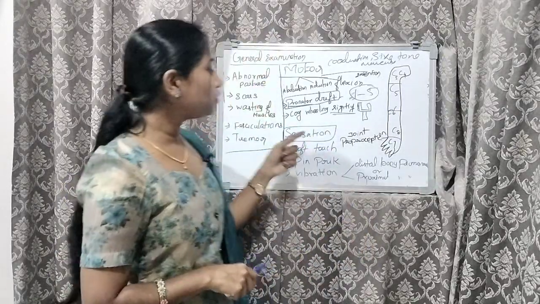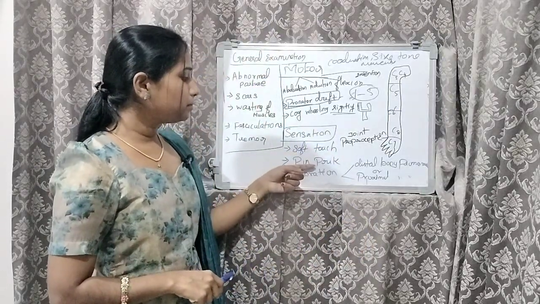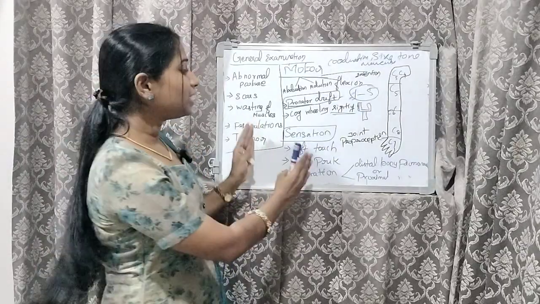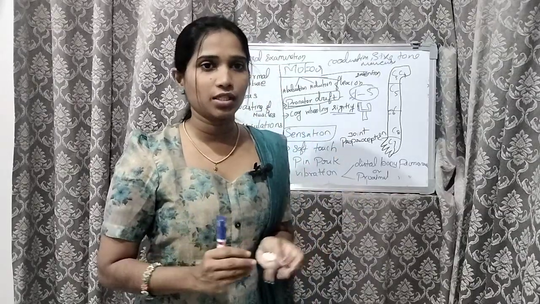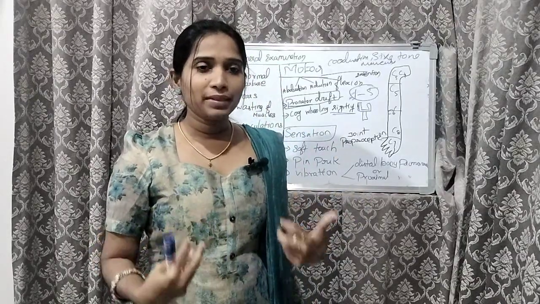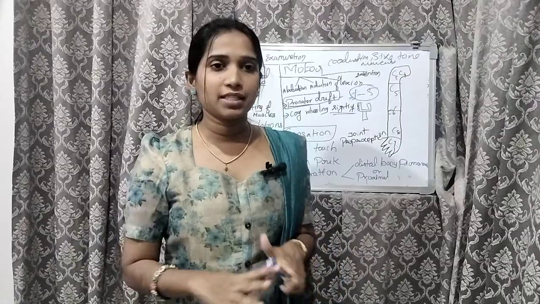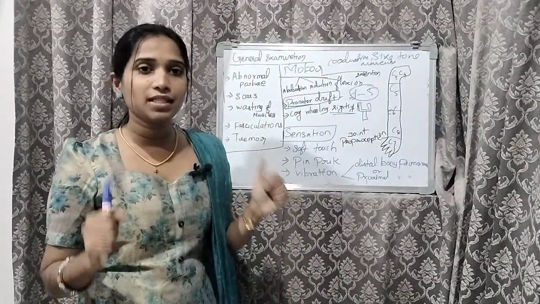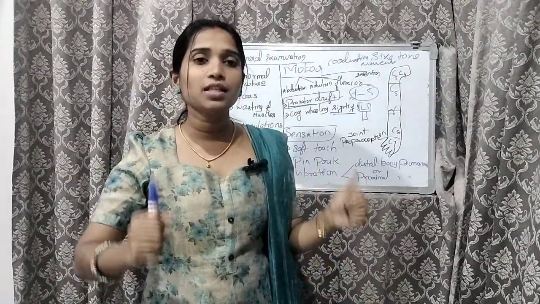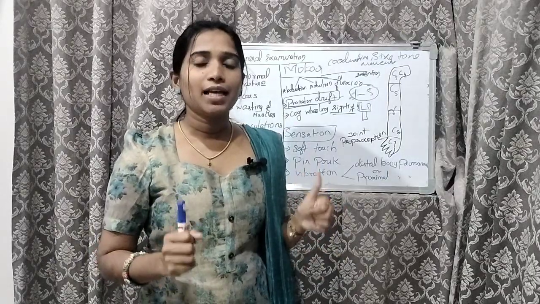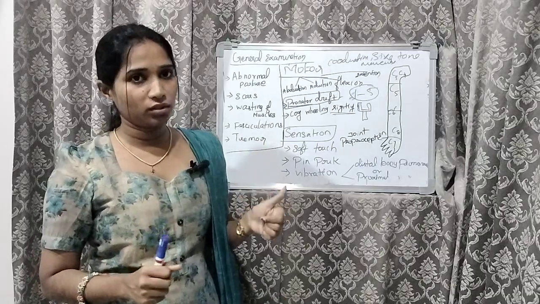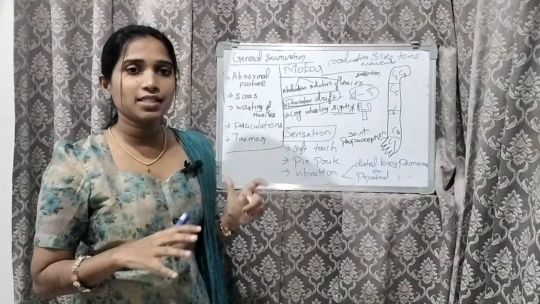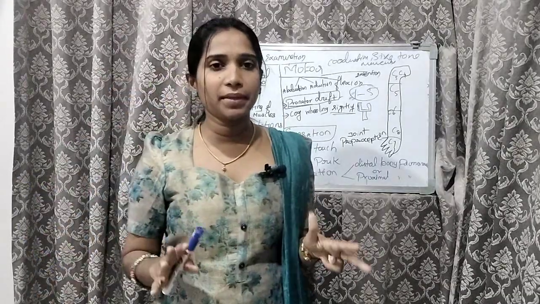Clear? So this is the way you check soft touch, pinprick, and vibration. Here you are assessing sensory function. You are assessing the complete sensory function of the upper extremity. Earlier you were assessing muscle coordination, muscle movements, muscle size, as well as muscle tone. But here you are assessing the complete sensory function of the upper extremity.